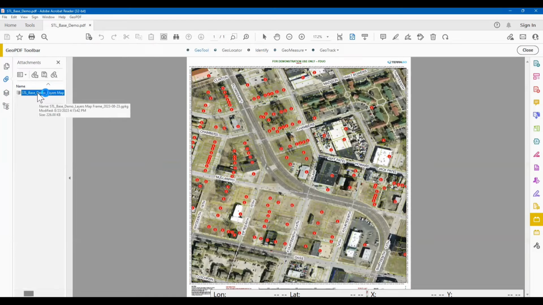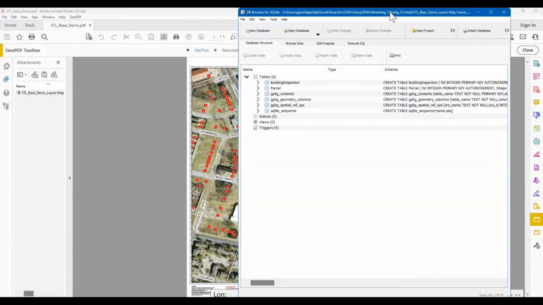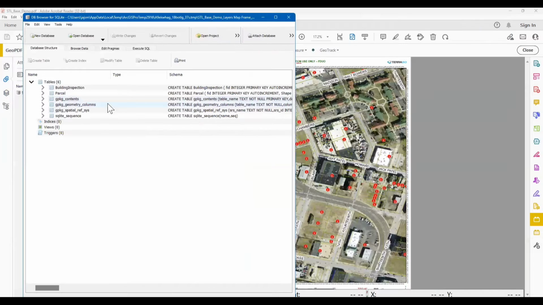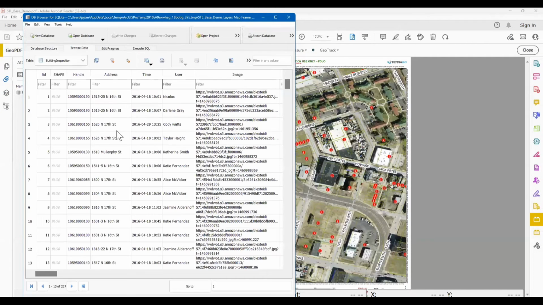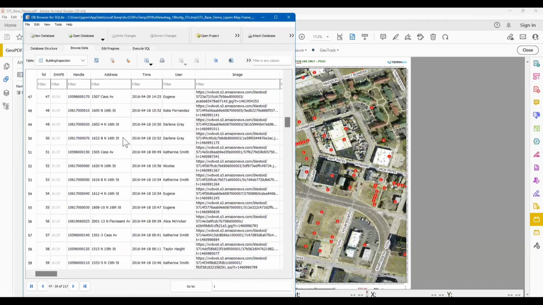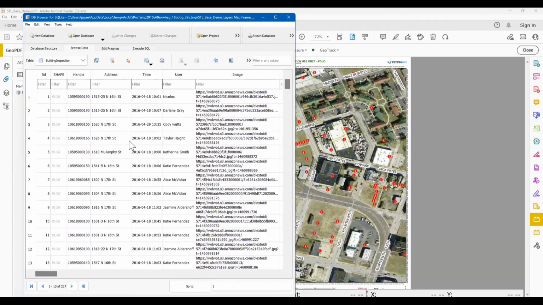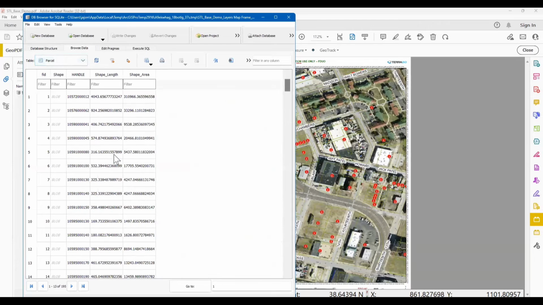If I double click on that, you have a little viewer, and it'll open up the data in the viewer itself, and I can browse for the data. Here's all the shapefile information that I've embedded into the GeoPDF. So there's my building inspection layer. There's my parcel layer. I just did those two, so you can see what data is actually available